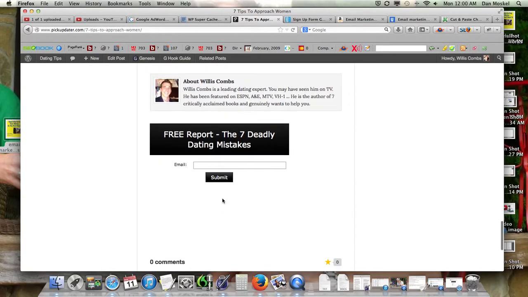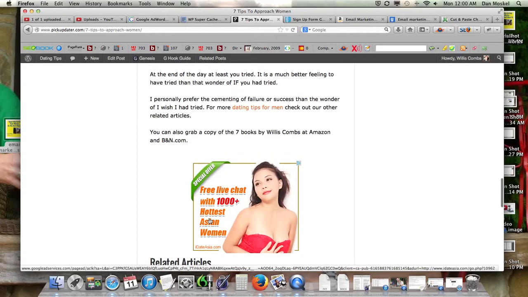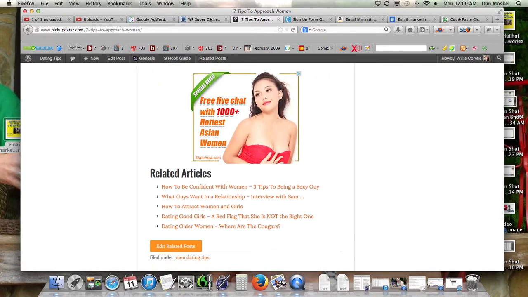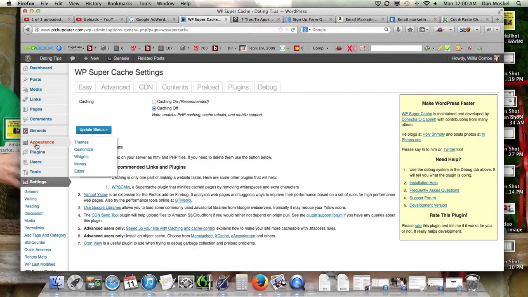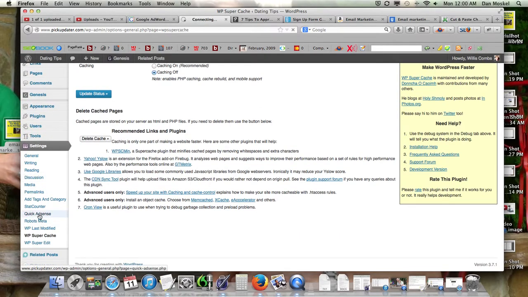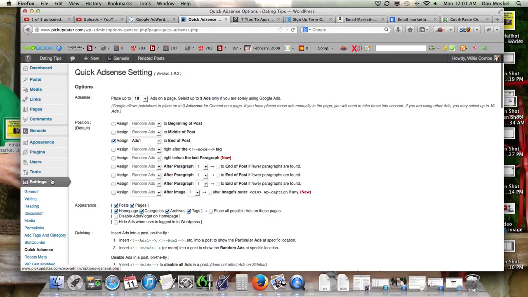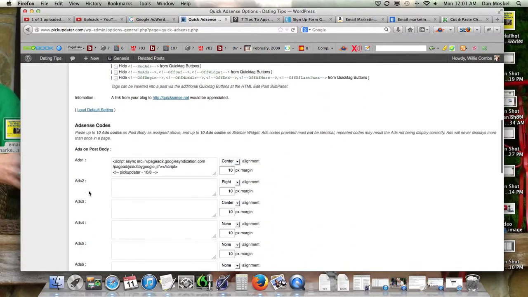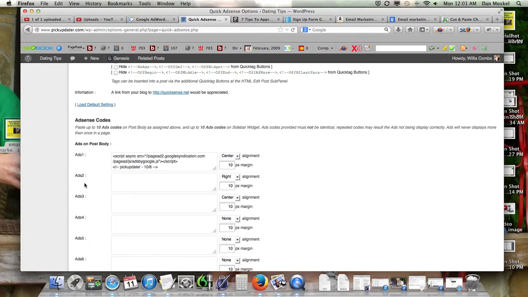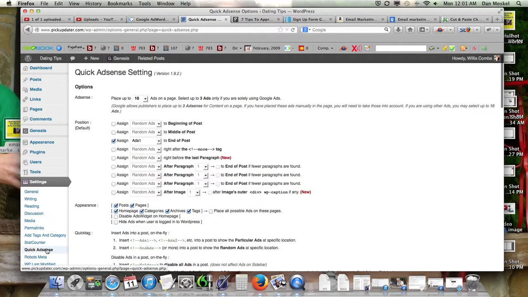So that still shows up too low. So let's try another way, and this is actually a little bit better because it'll show you one other way. Quick Adsense is a pretty good plugin. And here's what we really can do. We can mess around with these simple hooks, and that's probably what we'll do. But just for the sake of this video, I'm going to go ahead and show you this last way and then finish off. But Quick Adsense is a free plugin that you can get,